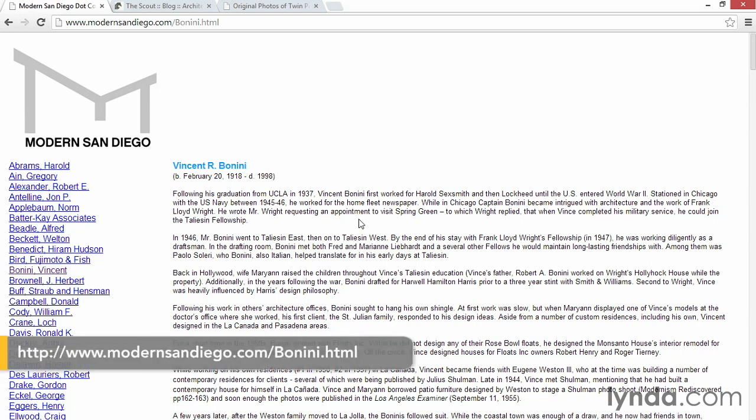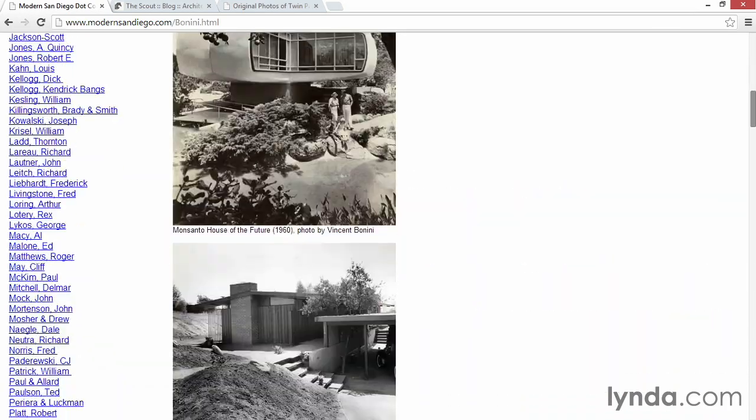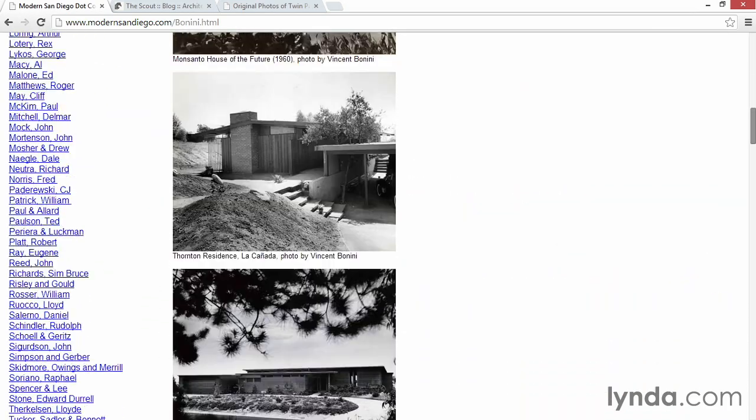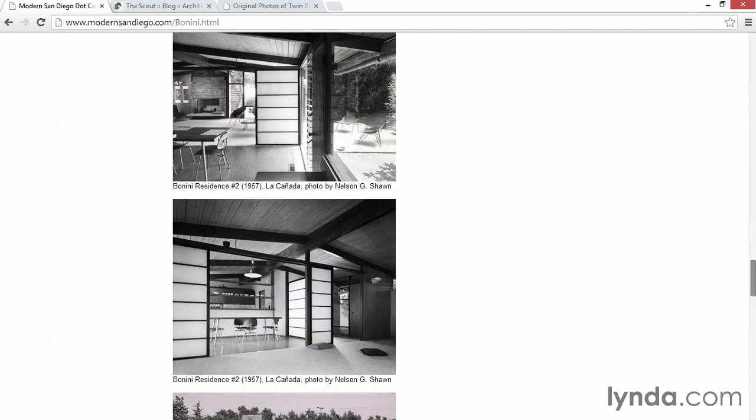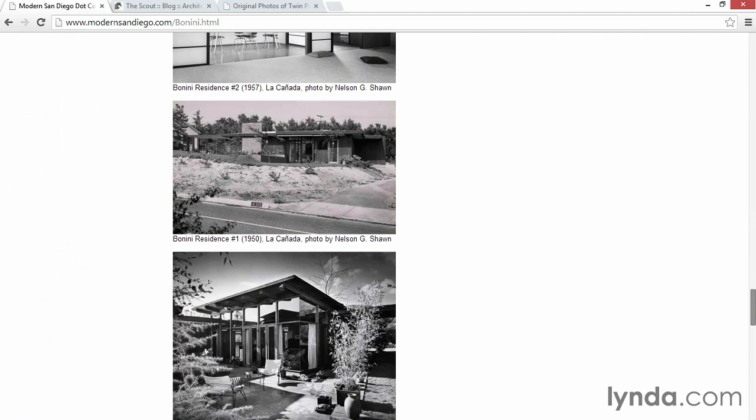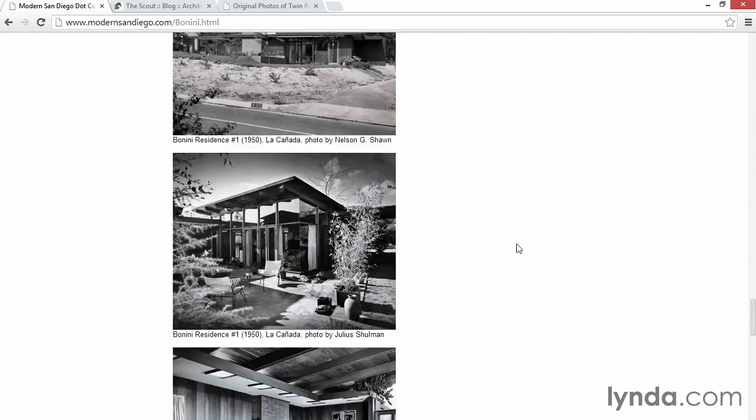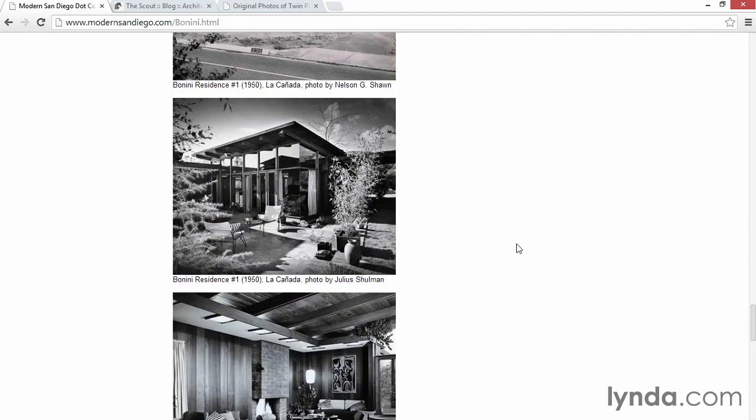Here on modernsandiego.com, I'm looking in the Vincent R. Bonini page, and I'll scroll down to see photos of his work. Some of these photos are by other people, but down here at the bottom, Bonini House Number 1 is by Julius Schulman. We can see in here, in this Bonini Residence Number 1 from 1950, La Cañada, that the plants almost go white, that they're really, really hot against that dark shadow in the architecture, and it's really got a